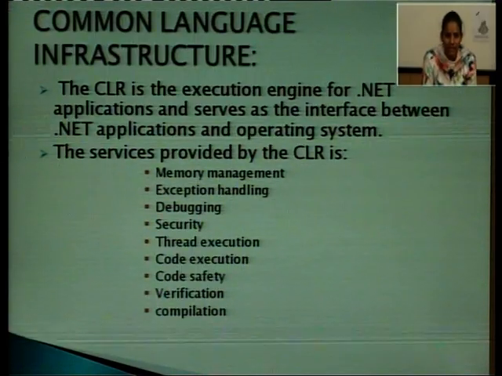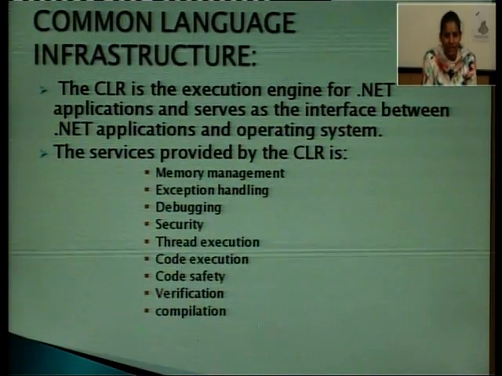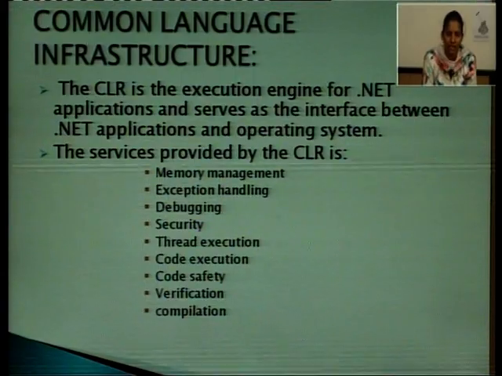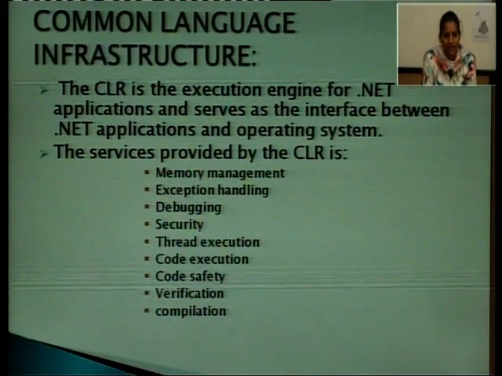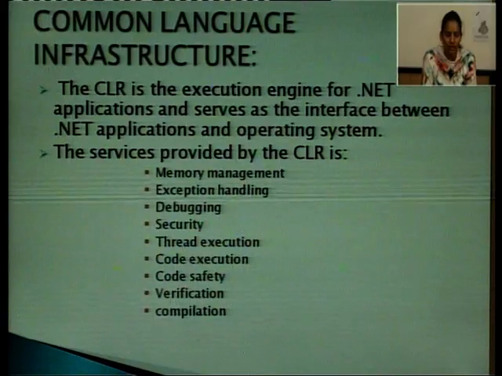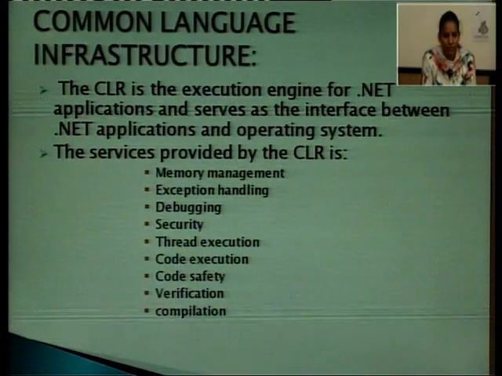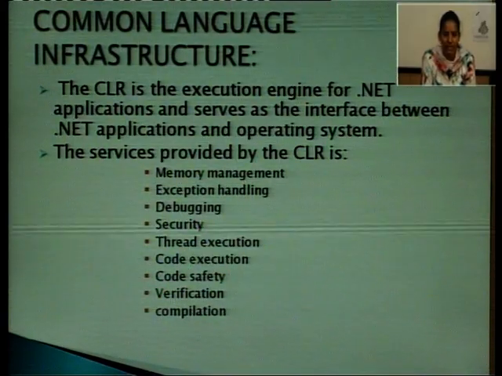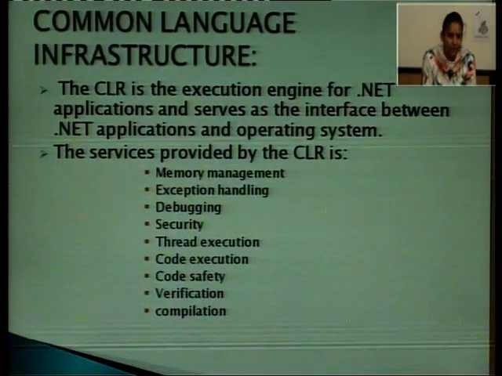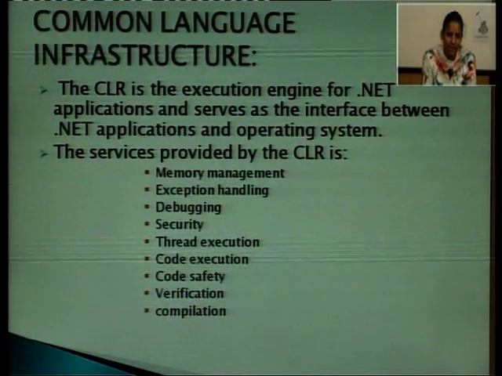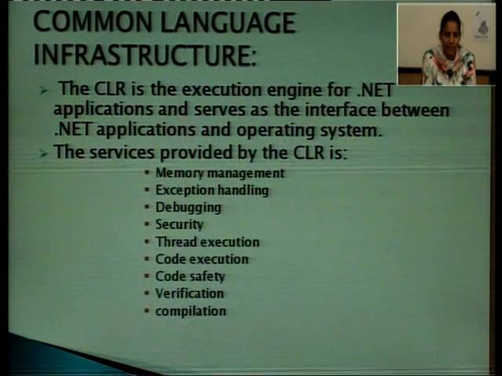security at various levels; and thread execution. If we want to develop an application of thousands of lines of code, we can convert it into small modules which are known as threads, and each thread is executed independently. Then it provides code execution, source code execution, then it provides the code